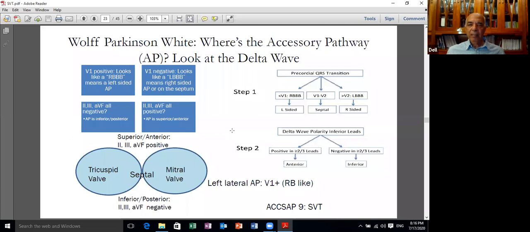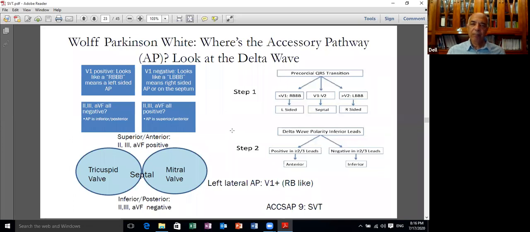Now, how do you localize the accessory pathway? The most valid method is the Jackman algorithm. It's a complicated algorithm used by many electrophysiologists. You need to remember it, but anyhow, it's cumbersome. And all the algorithms are just an approximation. Actually, you cannot localize the accessory pathway unless you get full activation of the accessory pathway, so you get a very prominent delta wave to know the axis. This is not available most of the time.